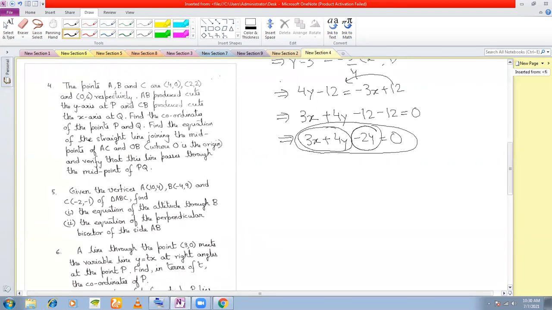We will come back to this observation a little later. But remember that for any straight lines which are parallel, the x and the y coefficients will be the same. They will only differ in the constant part. Okay. So you can remember this.